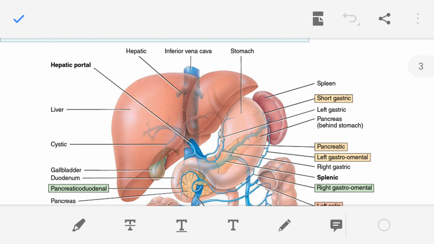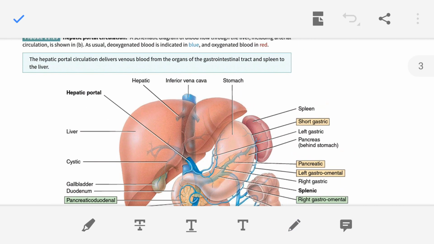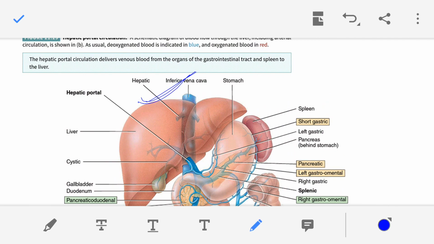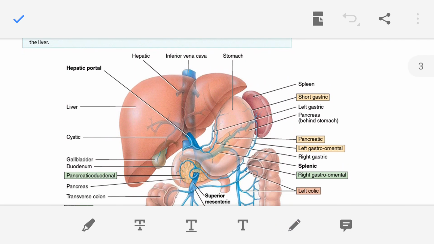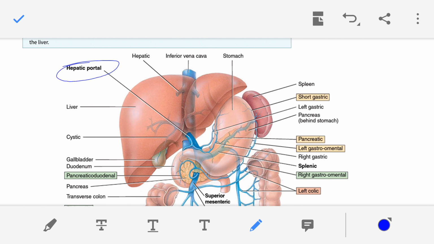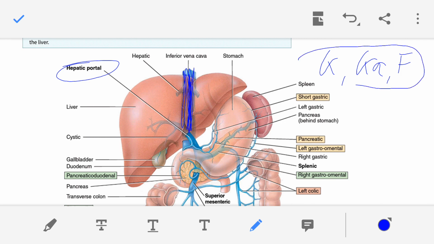Hepatic veins open into the inferior vena cava. So now you can understand, in the liver the blood is coming due to the hepatic portal vein. So what happened? Most of the glucose, galactose, and fructose remain in the main bloodstream, but the excess glucose, galactose, and fructose